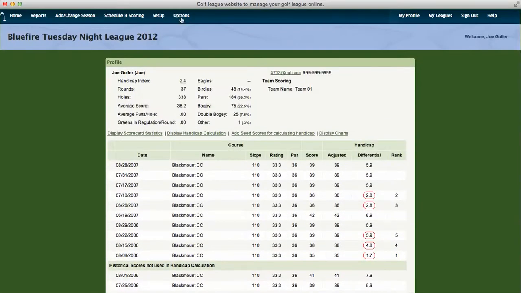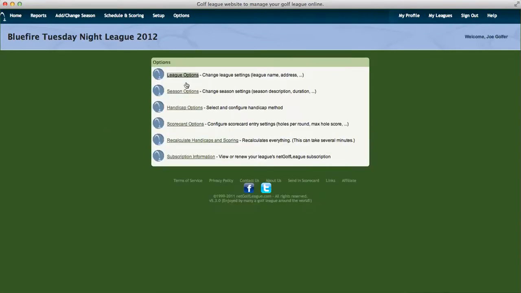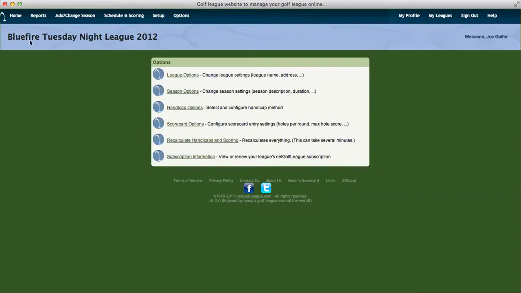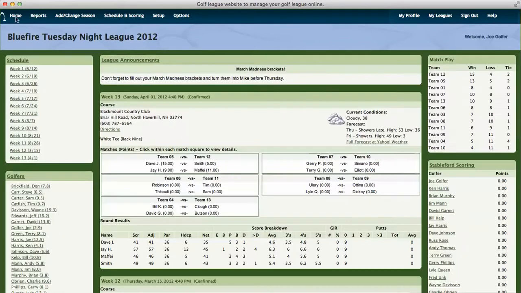Lastly, I want to show you if I went in here and changed the selection from 20 to 10, I'm also going to add in a date here. So I'm going to say I don't want to consider any dates that come before June 1st, 2007. I'm going to go down here and save that. We're going to go back to Joe Golfer,